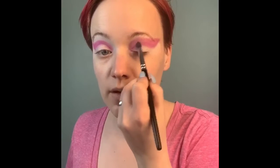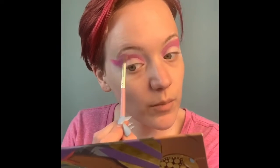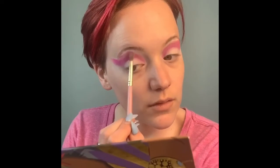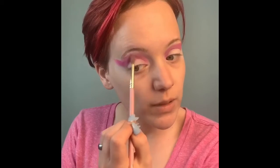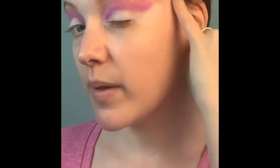So it's important to always go back when blending using your previous shade so that you don't lose the shade definition. These pinks are pretty close together, which I want, but at the same time I like that I'm using multiple pinks. Slow blending really gives you that definition that you're looking for. Alright, so we blended out that last shade with a really, really pale pink from our ColourPop